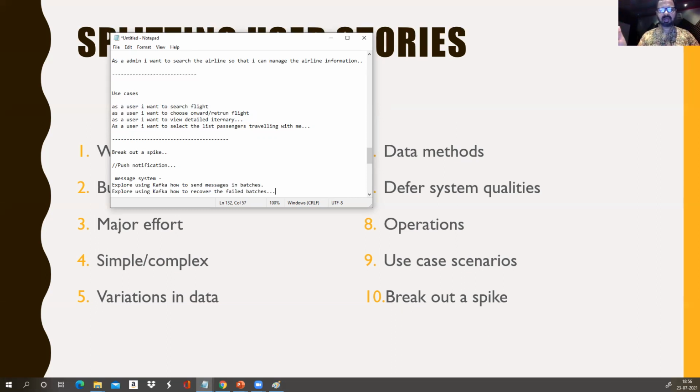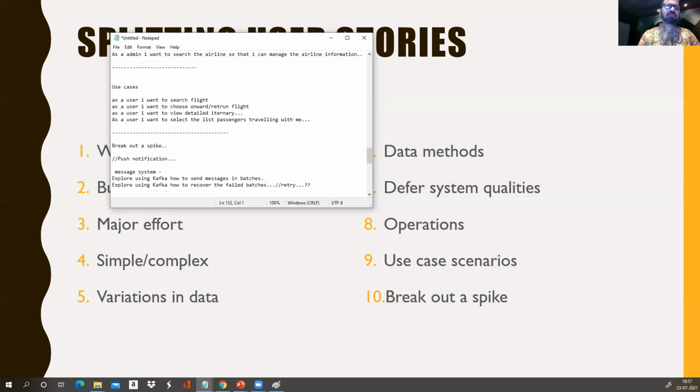Maybe the next batch has gone, maybe one of the batches failed. So we want to log that and figure out which one failed. We want to see how we can get that failed batch, as well as whether we can recover or retry. Okay, and again, based on the cost, we would like to figure out whether it is important to retry it.